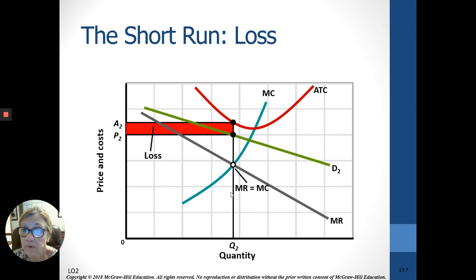This is happening as I'm making this PowerPoint. We're in the coronavirus pandemic, and many small businesses are operating at a loss. But they have to cover those average variable costs to be able to stay in business. If they can't, they've got to either shut down in the short run or maybe get a loan to tide them over for a while. And that's one of the purposes of this big government stimulus program that's going on, allowing loans to businesses if they stay open and continue to pay their employees, or even if they have to close down, continue to pay their employees. So it is possible to have a short run loss.